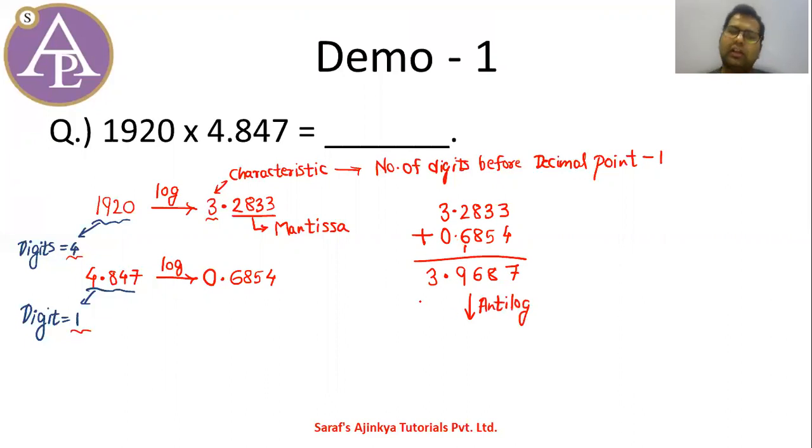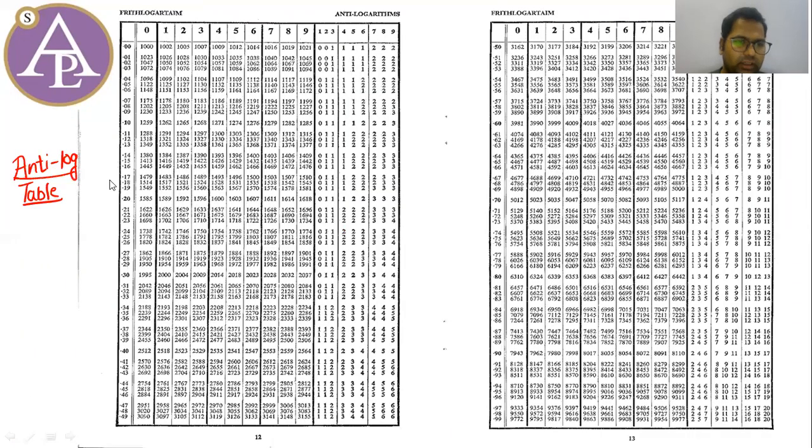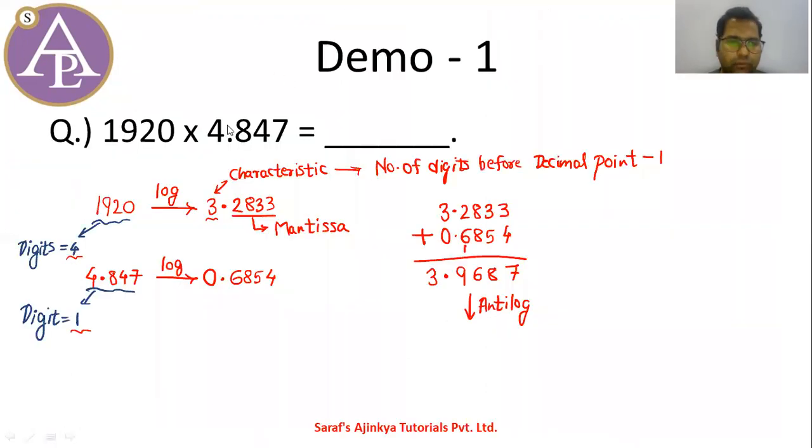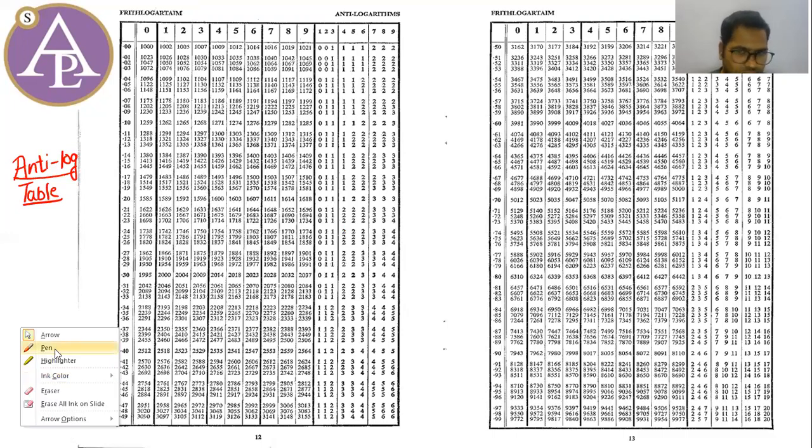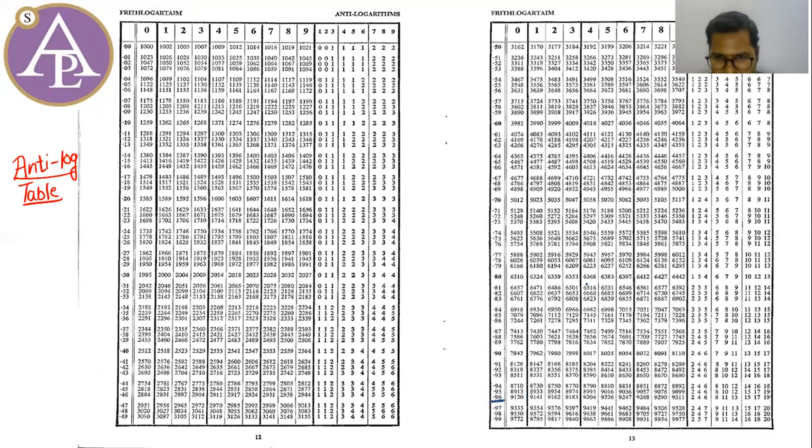So to take the anti-log, I will go to the anti-log table. So we also have an anti-log table. Okay, this is the anti-log table. Now remember, in the anti-log table, you have to see 4 digits after a decimal. What are the digits after a decimal? After a decimal, we have 9687. So 96, this is 96, then this is 8. In the 8th row, 9, 6, 8 and 7. So I have 9290. Correct.